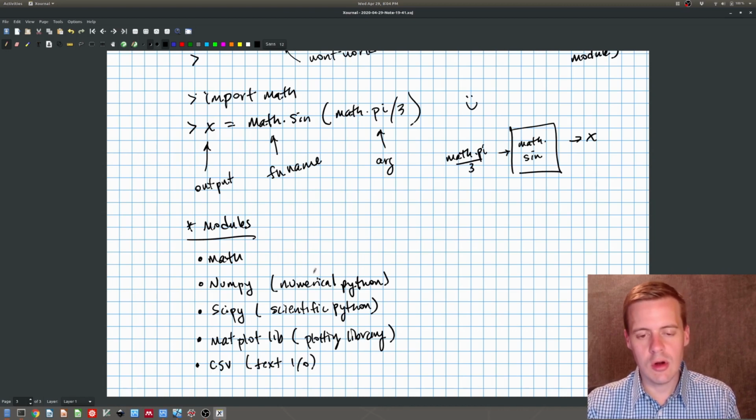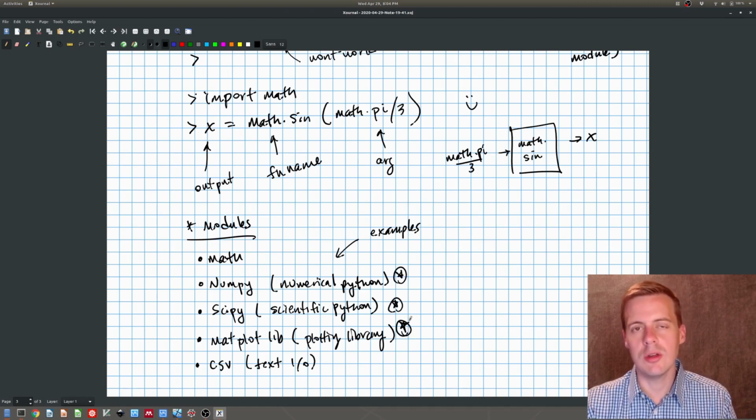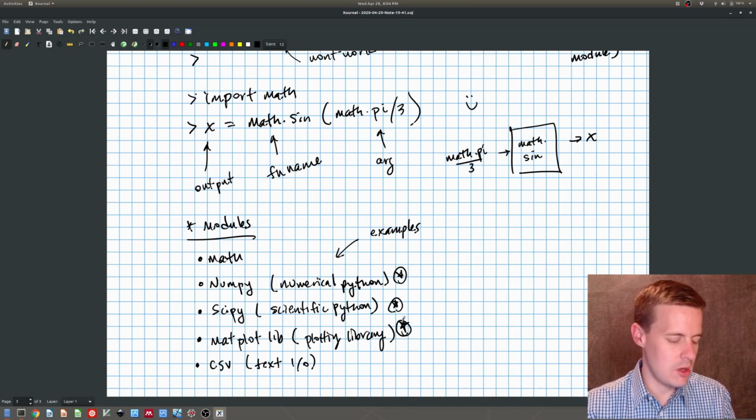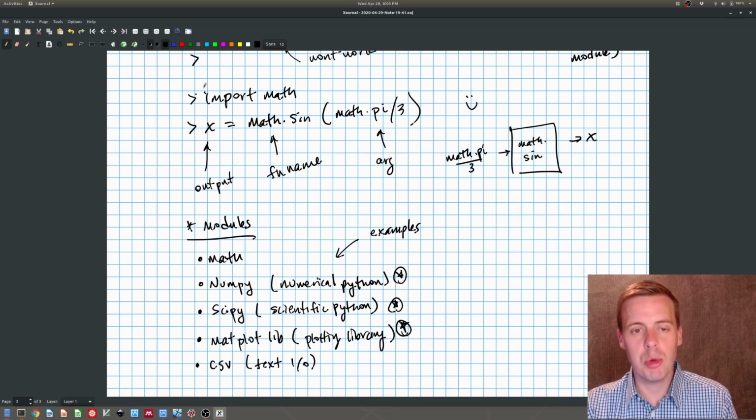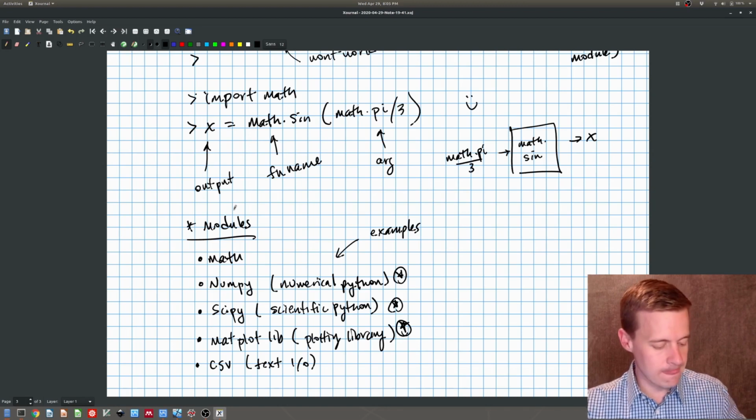Okay, so these are all just examples of modules. We're going to use this one and this one and this one all the time, right? We're going to get to know those a little bit, and we're going to use those all the time. And again, you're going to have to import them at the beginning of your code if you want to be able to use them. All right, so the last thing we're going to talk about here in Python is